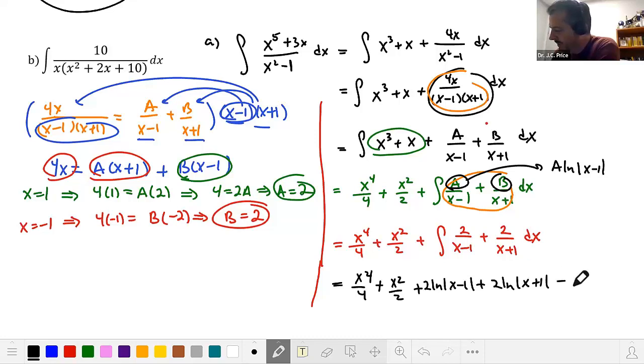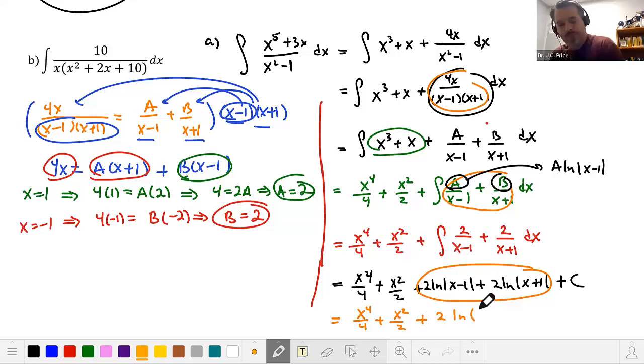And then plus c. And then you can combine these two things right here, and this will be equal to x to the fourth over 4 plus x squared over 2, and then plus, you can pull that 2 out, and you get ln of, and this will be absolute value of, we'll multiply these back together, and you get x squared minus 1. And then because there's a 2 there, and then plus c, the 2 there, you can pop that back